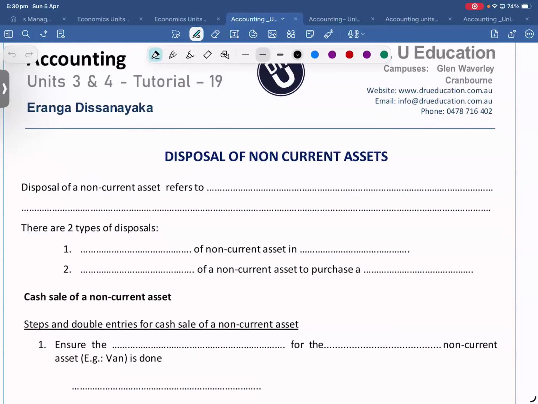Okay, take down. Disposal of non-current asset refers to